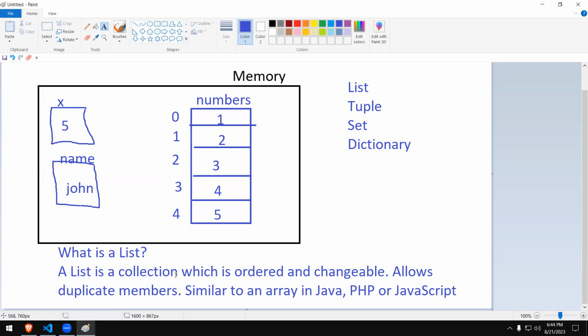Ordered means it is kept in a particular order. So the computer keeps things in an order. For the time being, don't worry about this. Later we will discuss that if necessary. It keeps things in order. Then it says allows